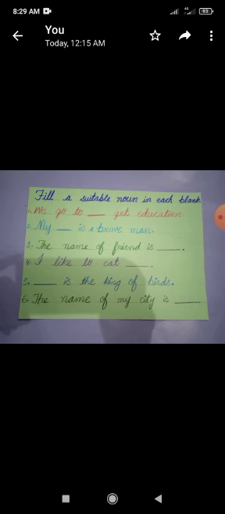I like to eat dash. Here you can write the name of anything that you like to eat. I like to eat pizza, I like to eat burger, I like to eat rice. That is the name of thing. Then number fifth sentence we have dash is the king of birds. Here we are supposed to write the name of a bird. That is also noun. Name of birds can be noun. Eagle is the king of the birds.